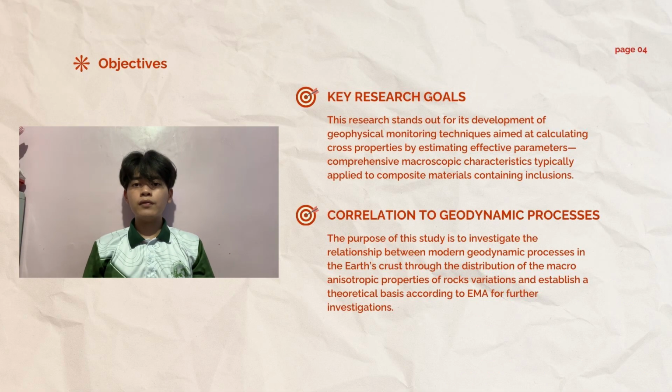The main goal of the study is to investigate how modern geodynamic processes like rock fracturing or stress buildup affect the electromagnetic properties of underground rocks. The researchers focus on calculating effective parameters such as electrical conductivity and resistivity using a mathematical framework called Effective Media Approximation, or EMA. These parameters help simplify the complex underground structure into something that can be measured, modeled, and monitored